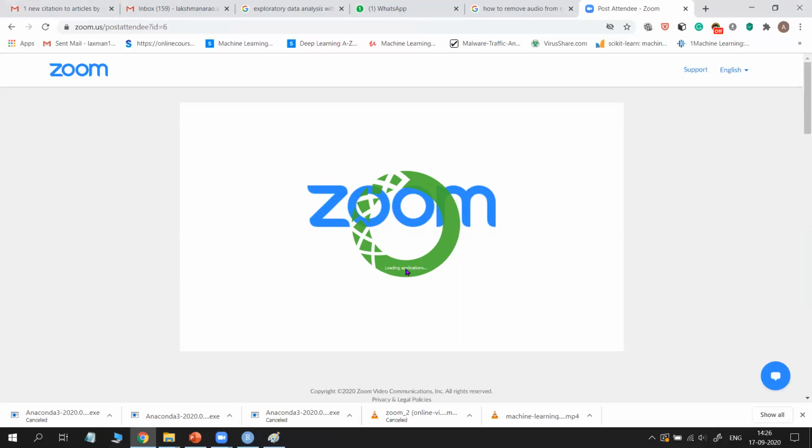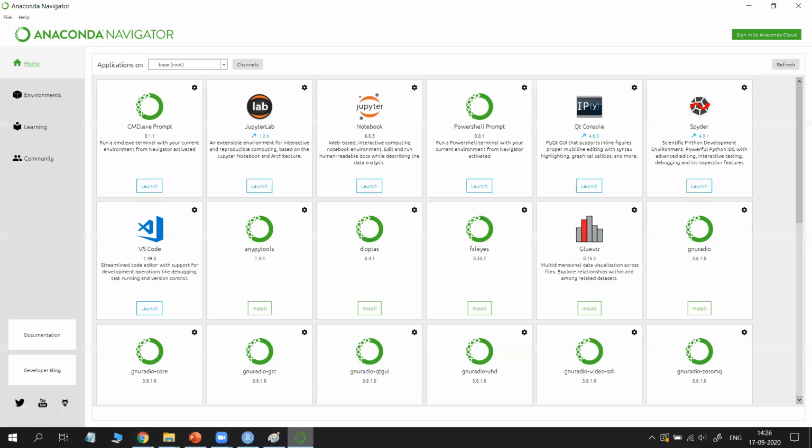So if you want to do your machine learning programs as a standalone application, then go for Anaconda. Otherwise, Google Colab. I will also show how to execute the programs in Google Colab in later sessions. But for the data pre-processing, I am using only Anaconda. Okay, so click Anaconda.